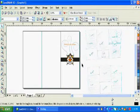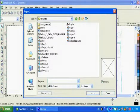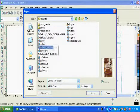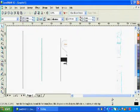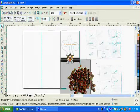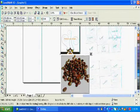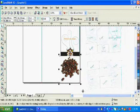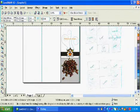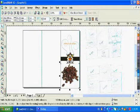Here if you observe the scribble, the second portion is filled with the image. Now we can import the image and place it in the second portion. Control I. Now just import the image that you want. The image is slightly bigger. You can scale it from one corner holding shift key. And once you are satisfied,